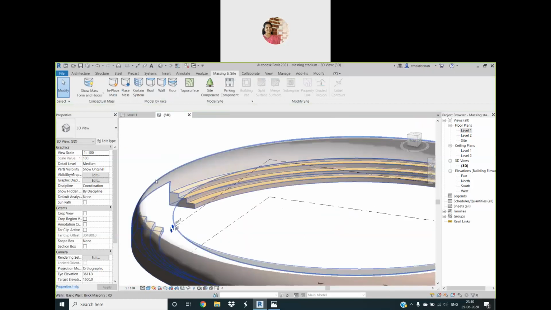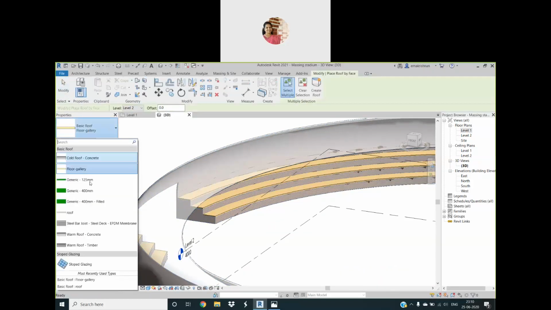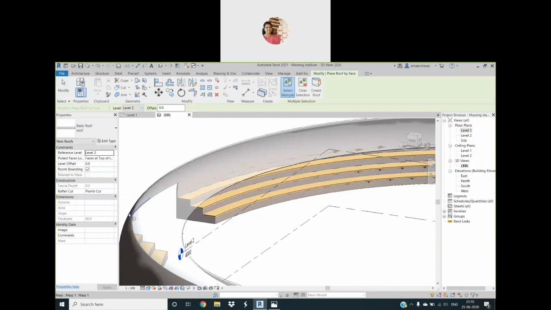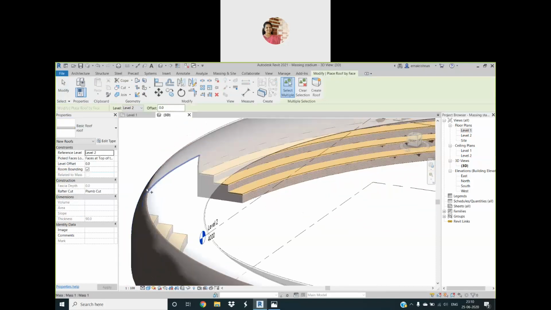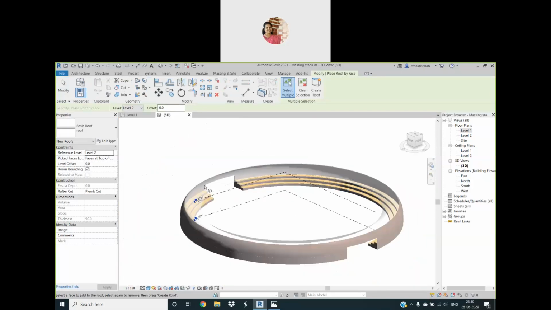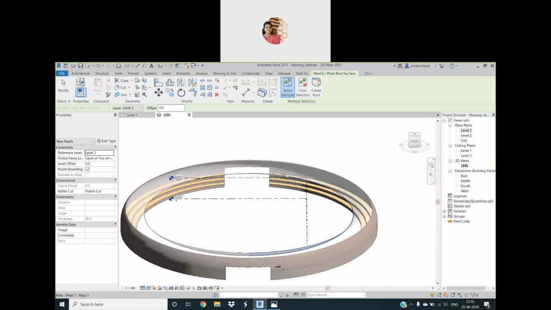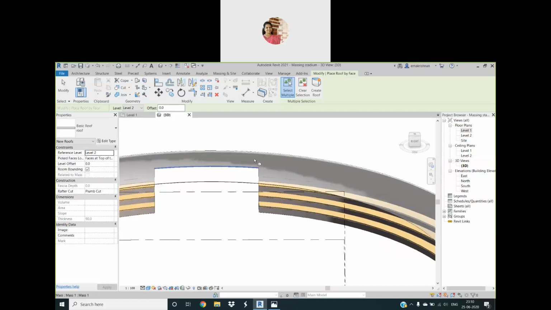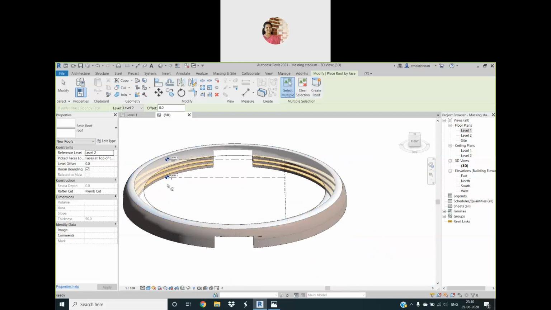Yeah. Then here, let us create it as a roof. Okay, so the concrete roof is there. I have created already. Yeah, then let us just come back. So we have to select those faces. Okay, so the idea is that we are clicking on the faces, and those faces will get converted into different elements. That's it. Yeah, this one and this one. Yeah, so create roof, that's also done.